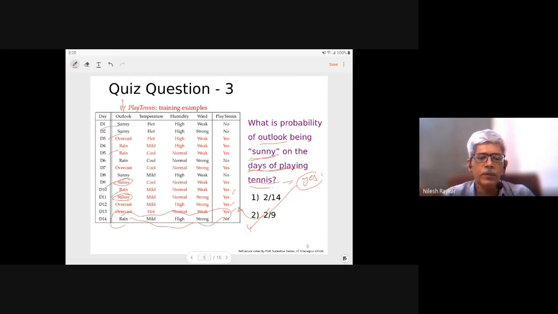Here the set of features we are considering as discrete variables. They are not continuous variables. However, the Bayes classifier can be applied to continuous variables as well. Although in this course we are not discussing that, we are discussing only problems where the variables are discrete, or they are in steps or in bins. And we are discussing the classifier for discrete variables. So all features are discrete and labels obviously are anyway discrete.